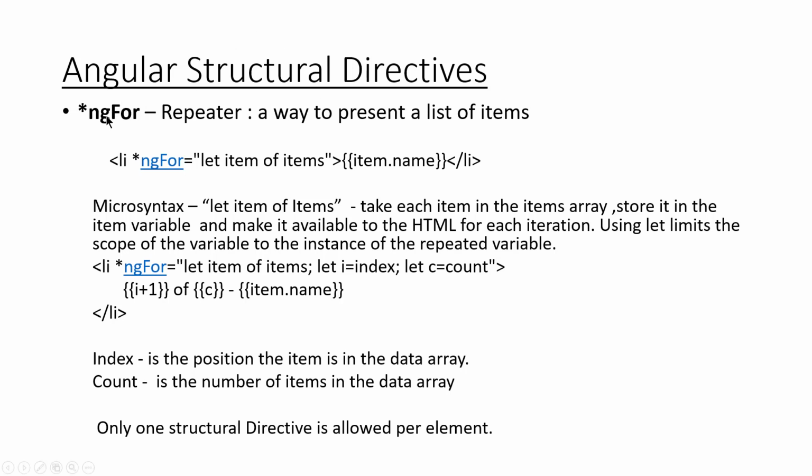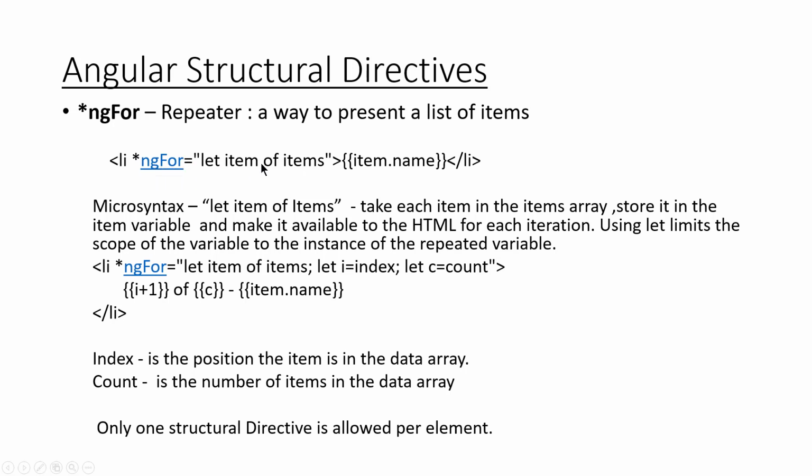Okay, the next structural directive is the ngFor. This is basically a repeater, a way to present a list of items, where items is an array, in this case an array of objects. There's a micro syntax that we use here to define this. It's let item of items, so we define a variable item, and each time it loops through an item in the array,